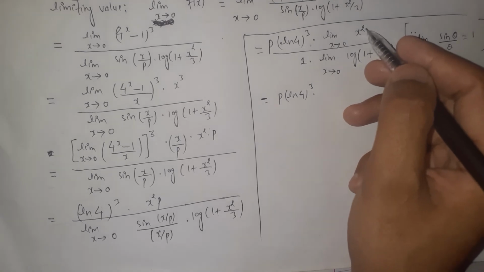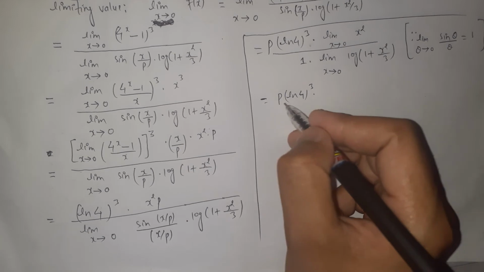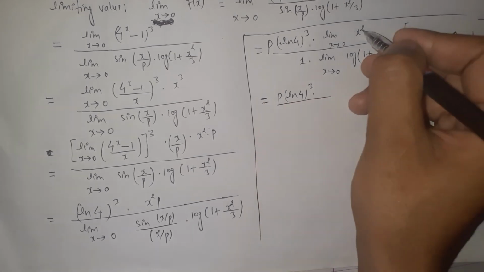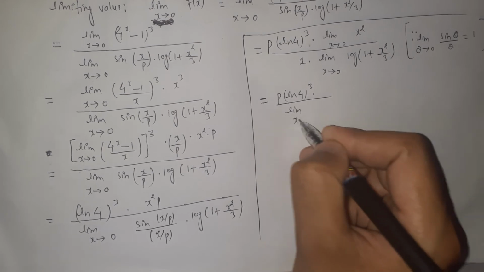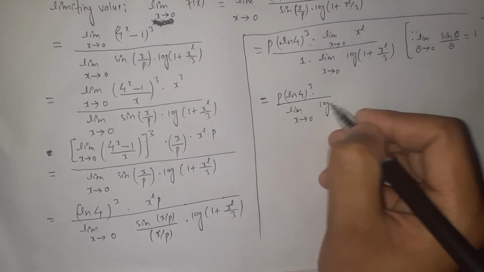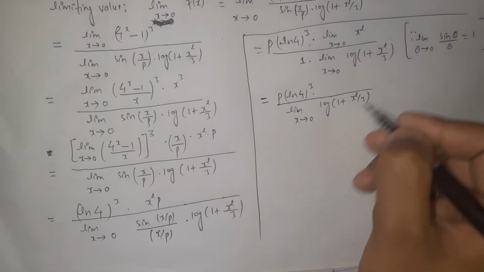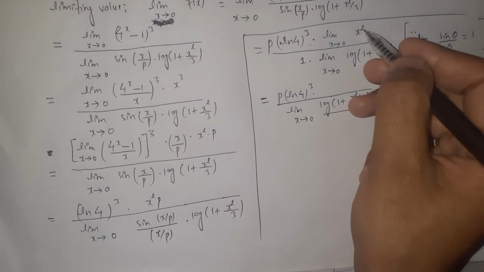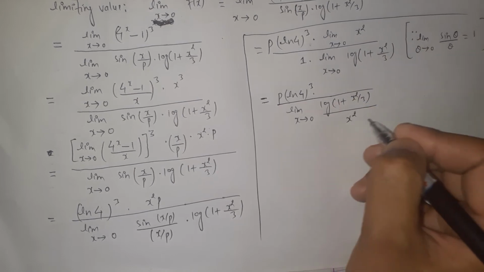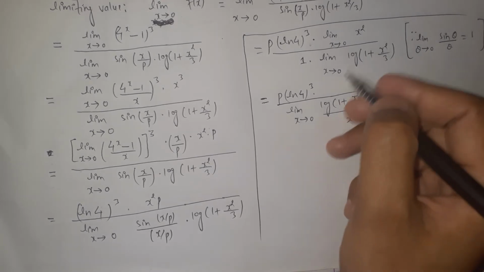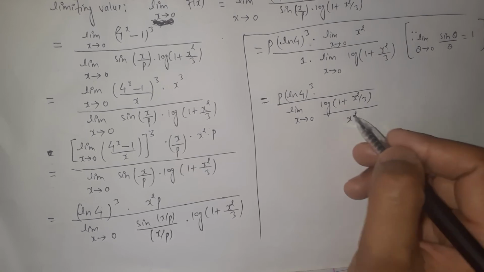Let's shift this x square to the denominator of this logarithm function, so the limit as x approaches 0 of log 1 plus x square by 3, with x square shifted to the denominator. Here we just shift this x square present in the numerator to the denominator, using the methods of fractions,